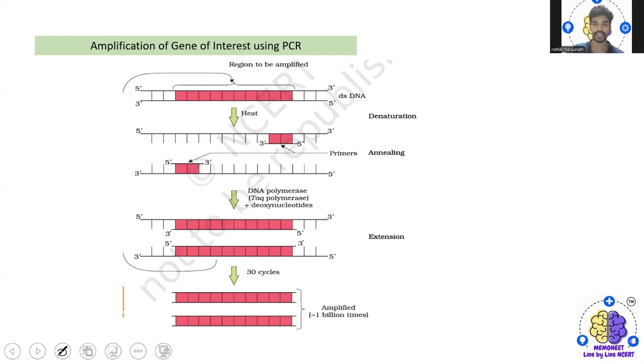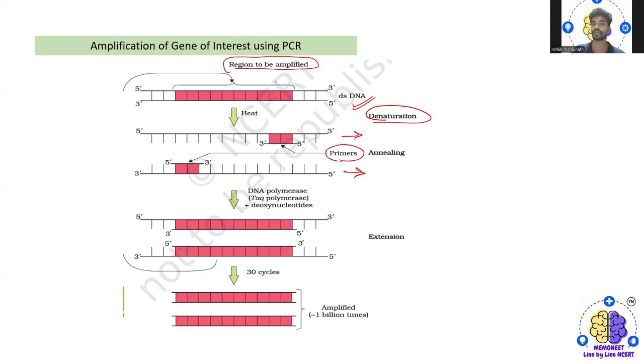Next we have amplification of the gene of interest using PCR. We have the gene of interest in the DNA. The double stranded DNA is denatured with the help of high temperature. Then, with the help of primers, the DNA separates into individual single stranded DNA. Once they become single stranded DNA,